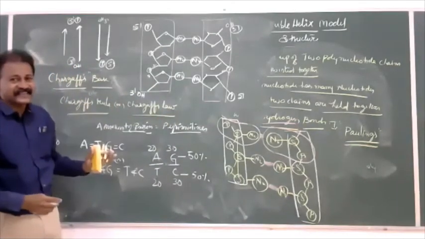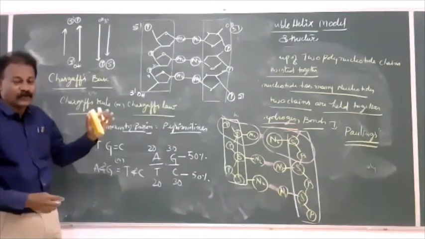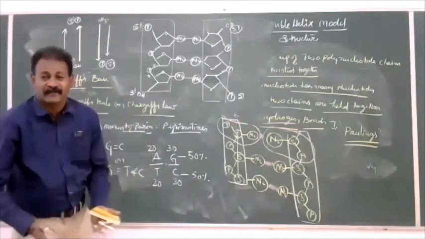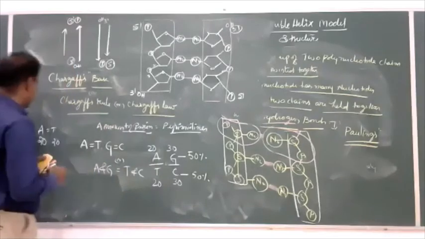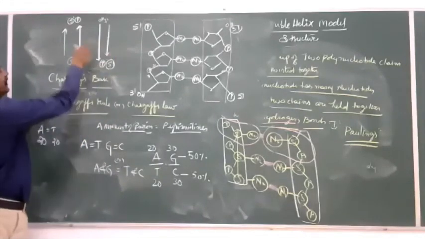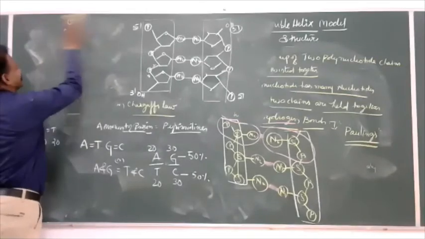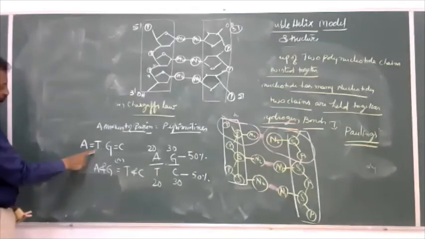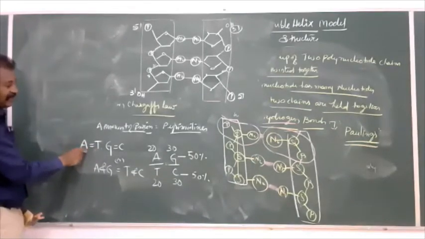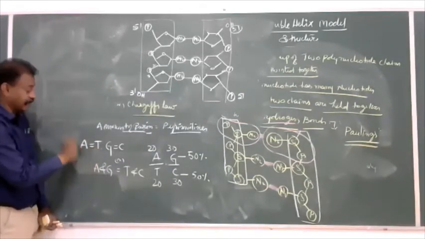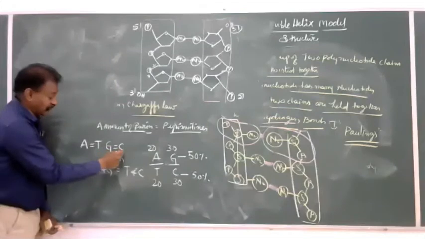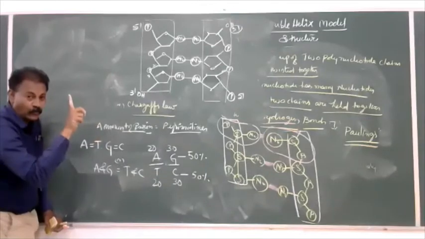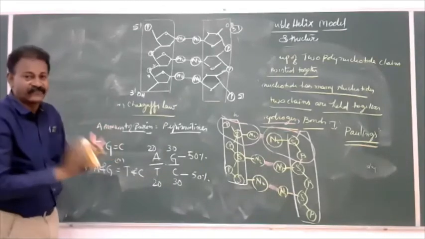And always the amount of purines is equal to the amount of pyrimidines. If purines are 50% in a given amount of DNA, the other 50% should be pyrimidines. Here again, in a given molecule of DNA which has a few nucleotides, for example, A is equal to T, the total amount of adenine is equal to thymine, guanine is equal to cytosine. But in a given element, total is equal to 1. So 50% purines, 50% pyrimidines.